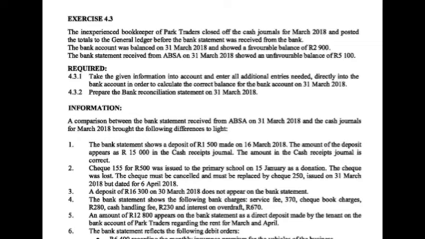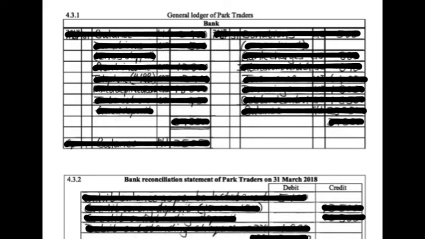Exercise 4.3. The inexperienced bookkeeper of Park Traders closed off the cash journals for March 2018 and posted the totals already to the general ledger before the bank statement was received from the bank. So the bank account was balanced on the 31st of March and showed a favorable balance of 2,900. So let's go and put that in. Balance as per bank on the 31st of March, it was favorable balance brought down